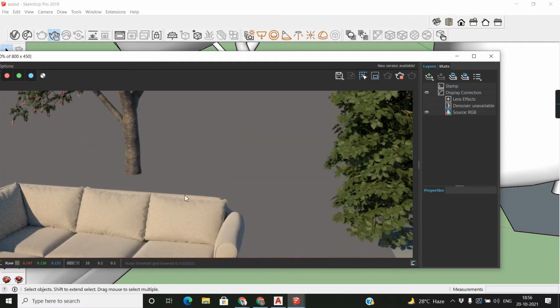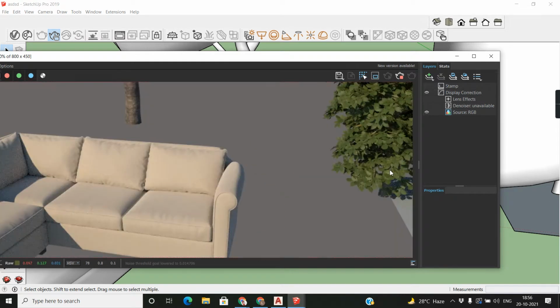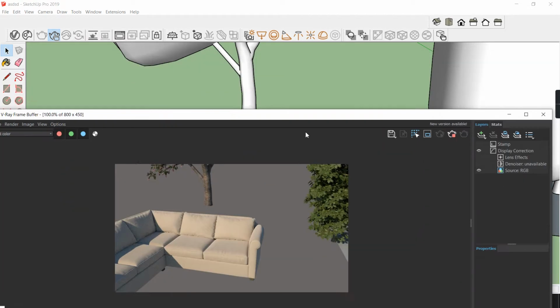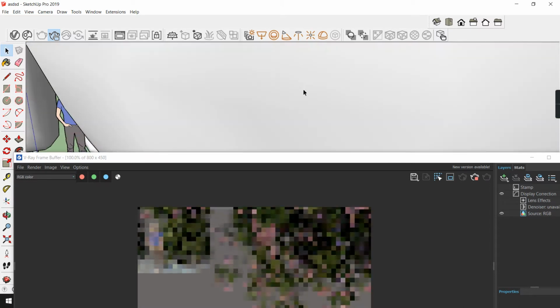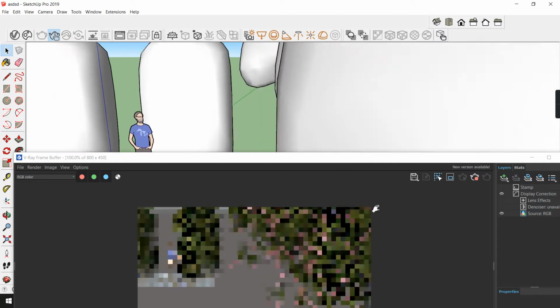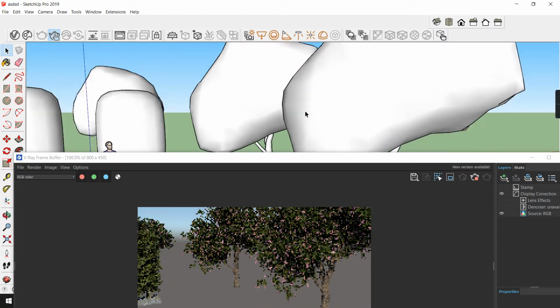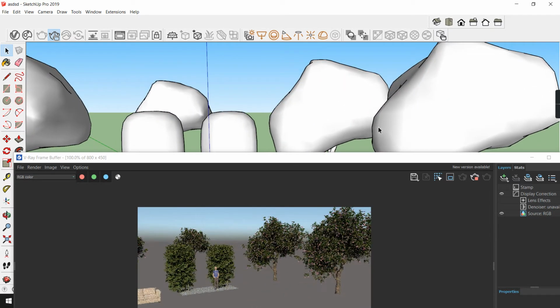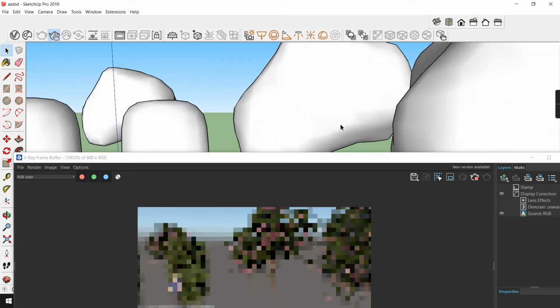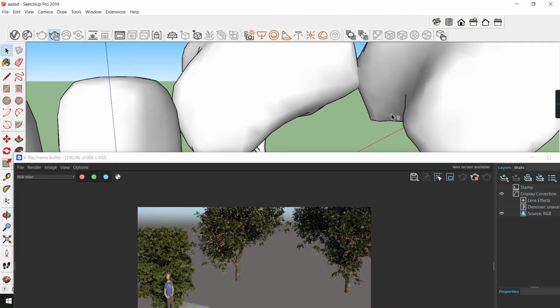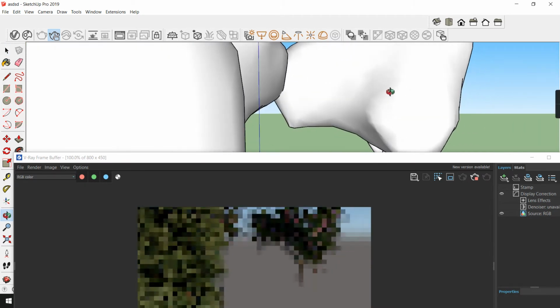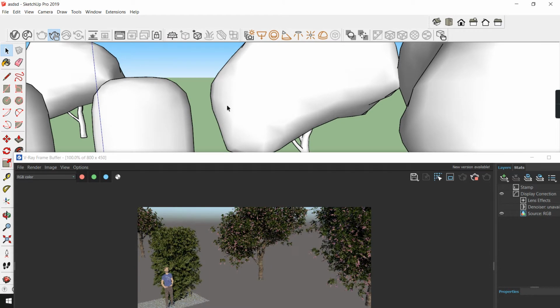See the detail of the leaf. So you will get this easily.